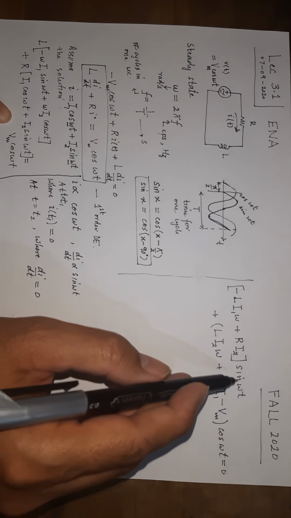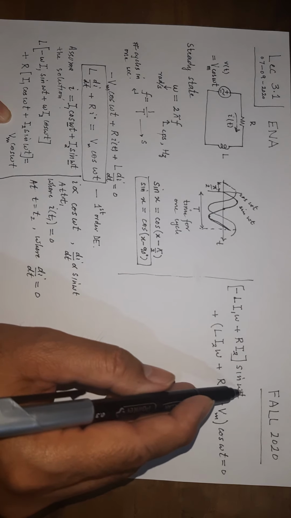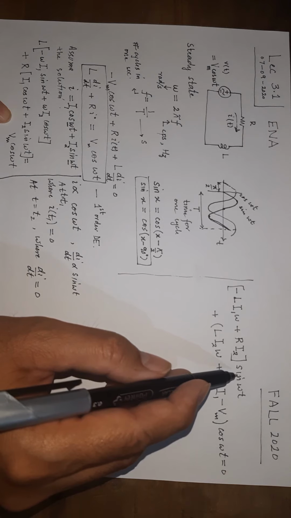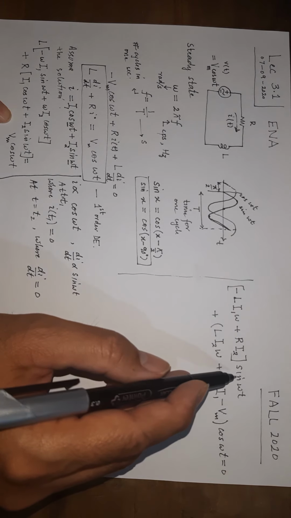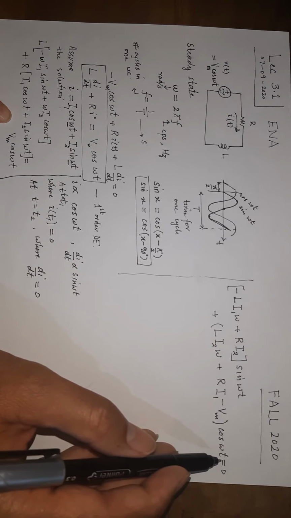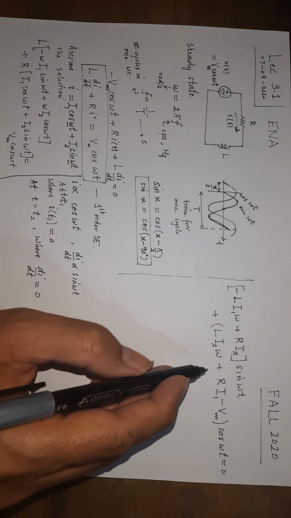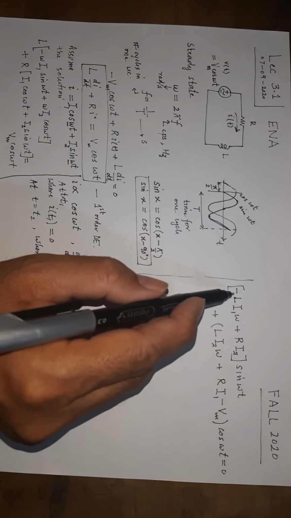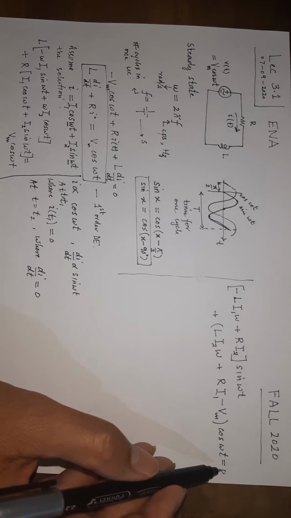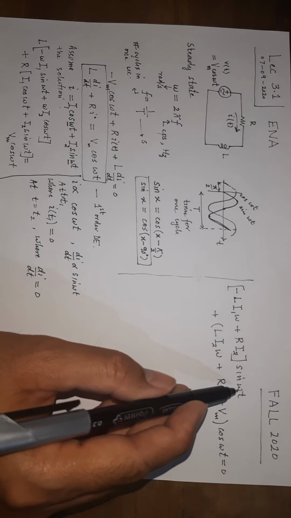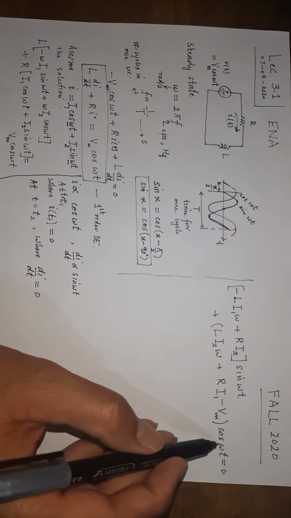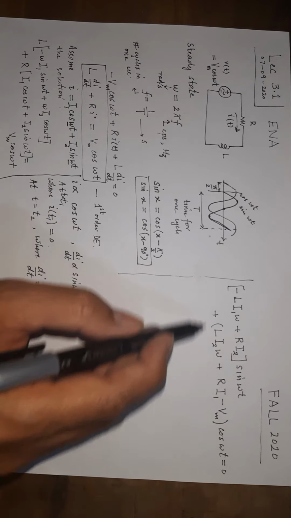So how will they get 0? We know that at some time when sine is 0, cosine is not. When this is 0, this is not, and when this is 0, this is not. So how can the sum of these two become 0? Think for a moment. It's a test of your mathematics. This sine function added to a cosine function is equal to 0 is an equation that we are looking at. And we know at a particular time t, if this is 0, this is not. So how can this be 0 then?